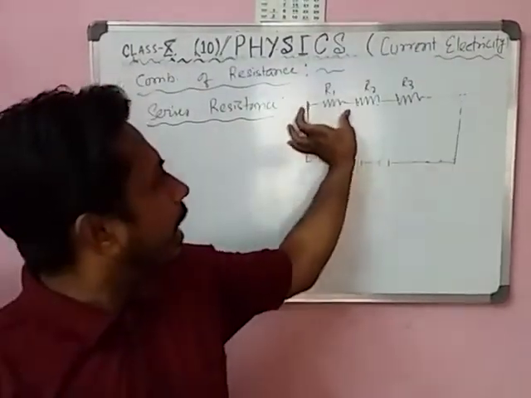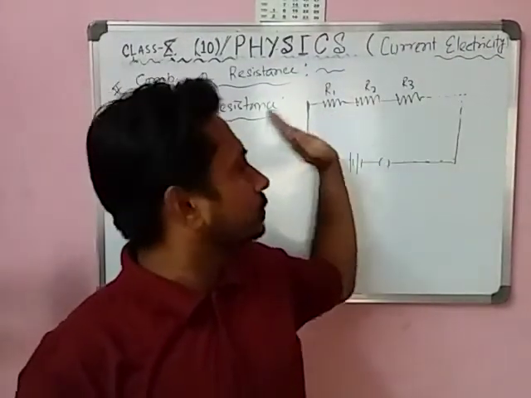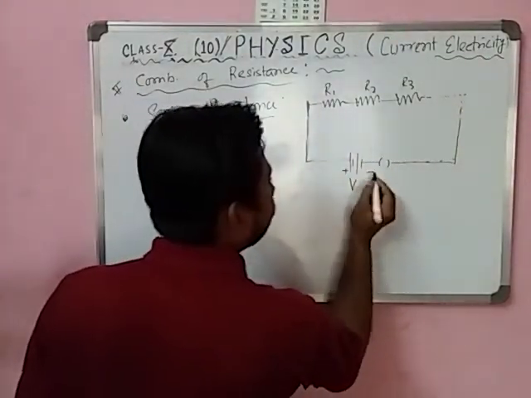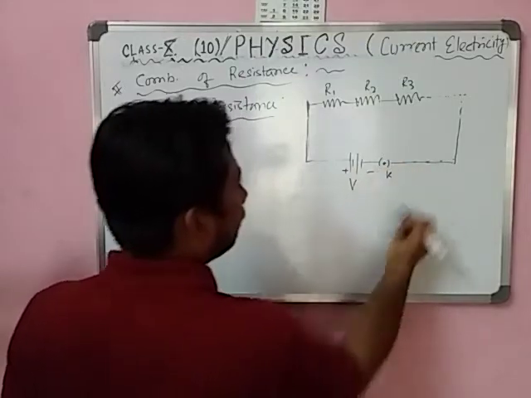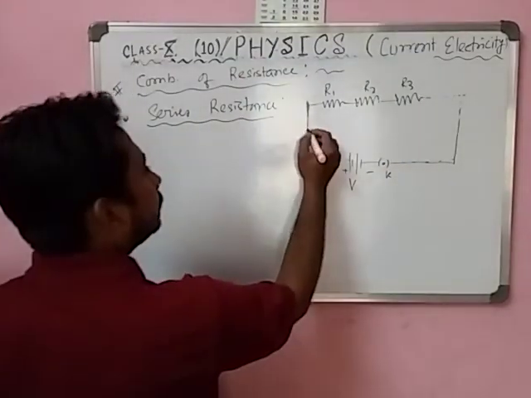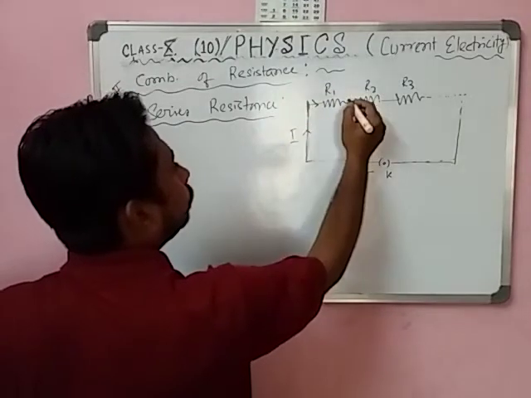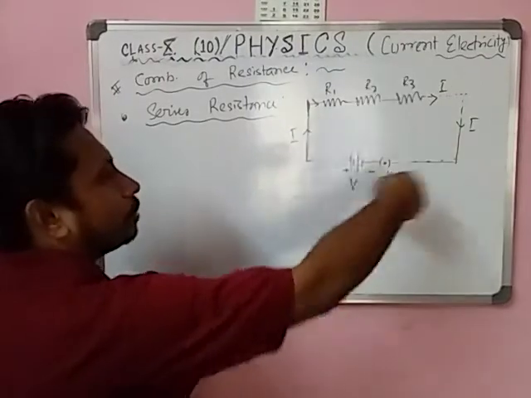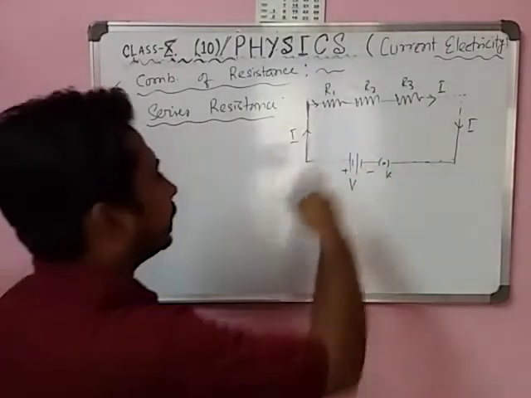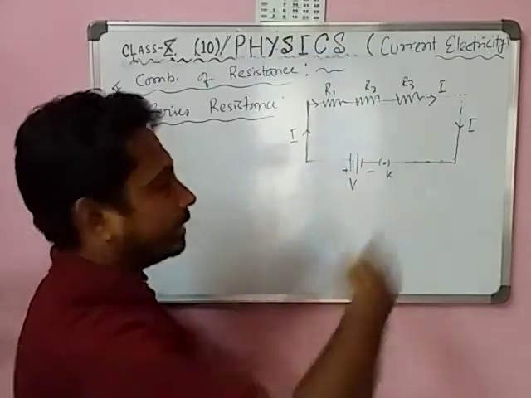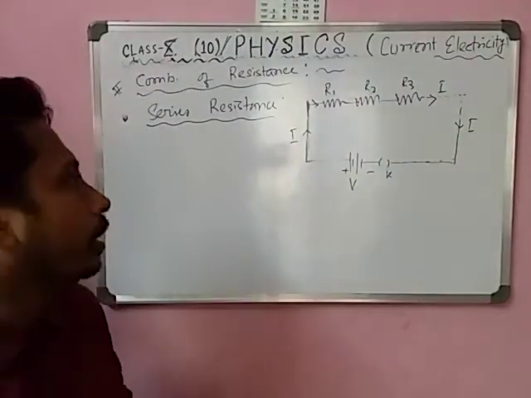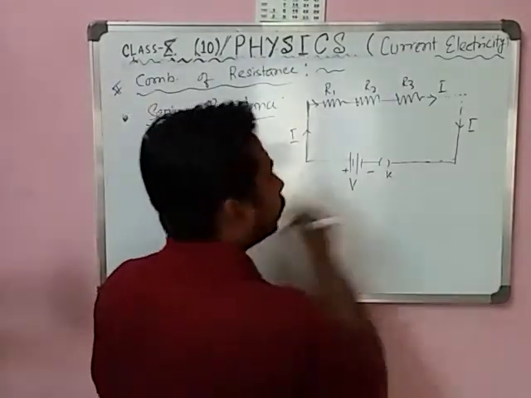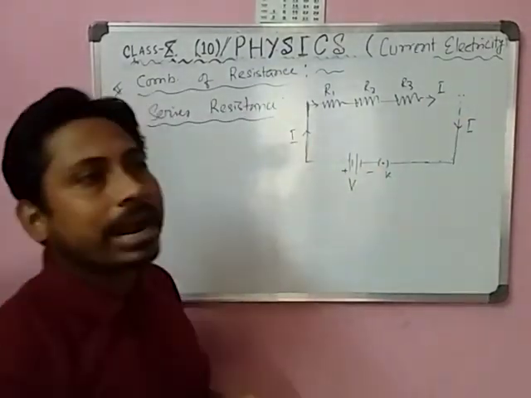So see, students, here the resistors are connected in series. Series means one after another. In that case, if you give a potential by means of a battery, and this is a key, if you connect the key, then what happens? Current flows through this conductor in a circular path, so it completes a circuit. If the circuit is completed, then you can get the current. If the key is opened, the circuit is not completed and the current will not flow. Only if you complete the circuit will the current flow.